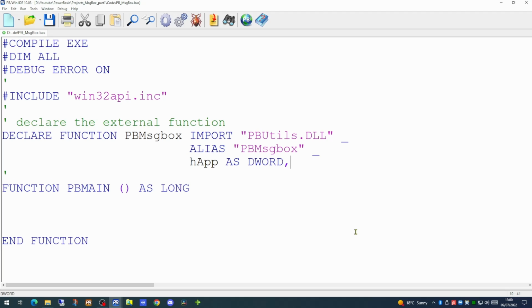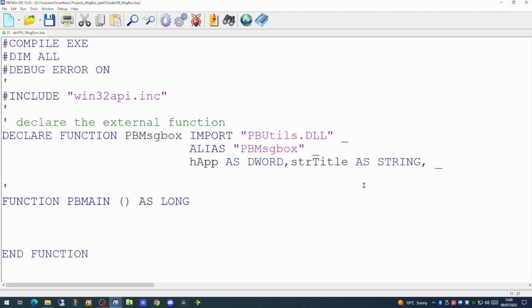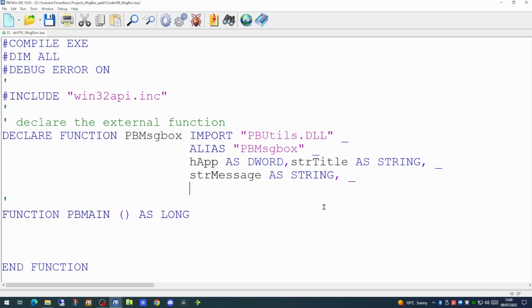Next, we'll want a title for our message box. Having got those out of the way, we'll need to now pass the details of the text message that's to appear in the middle of our form. We'll want, when we create this function, for the message text that appears to have the possibility of appearing on more than one line. So this may well have embedded carriage return line feeds. The next parameter that needs to be provided will give us a list of the names of the buttons and the order they're to appear. So we're going to handle this as a delimited string.